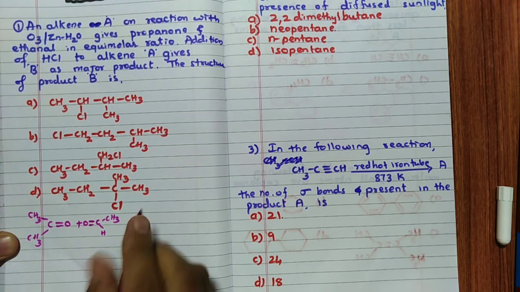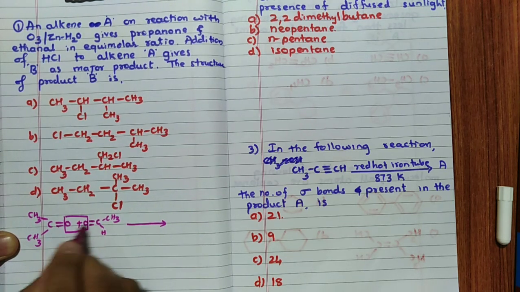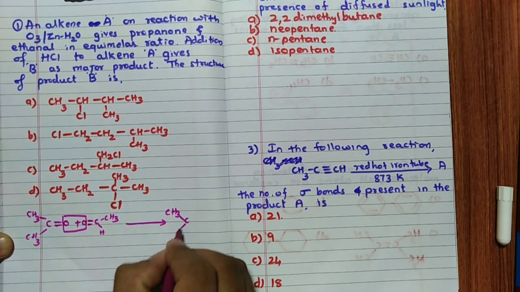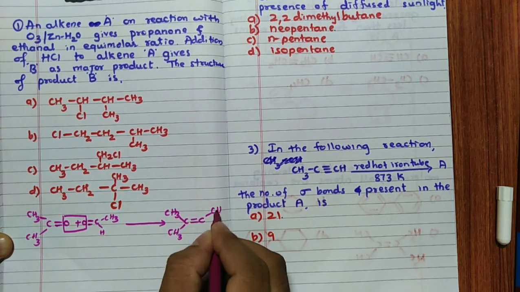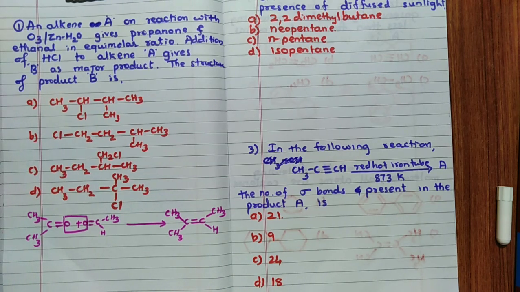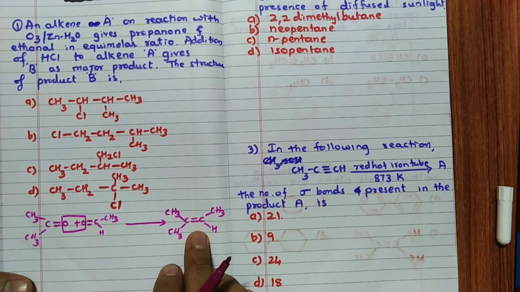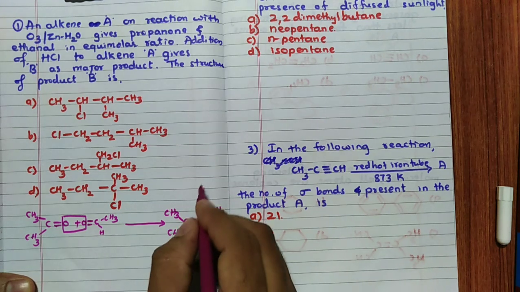So remember what I told in the shortcut. Remove this oxygen and attach this carbon with a double bond. So that you are going to get CH3, C, CH3, double bond, C, CH3, H. Right? It's the shortest method to identify the alkene. So write the double bond O in front of each other, then remove the oxygen and you are going to get this. Now what you have to do, you have to add HCl to this.